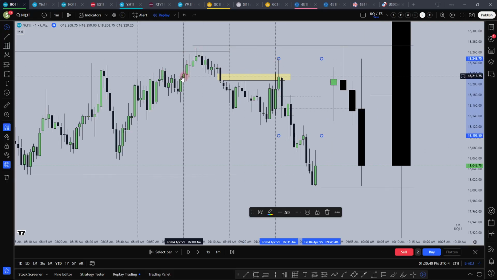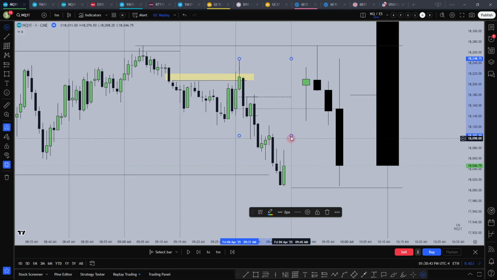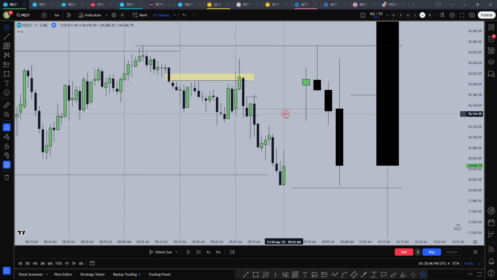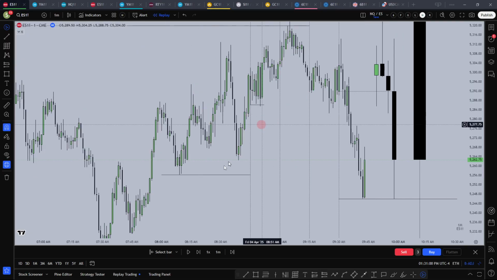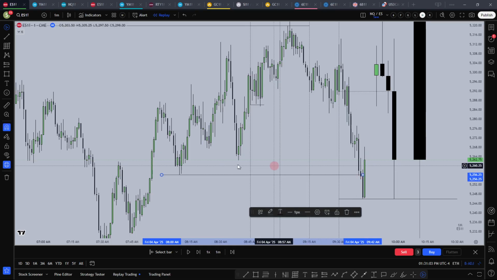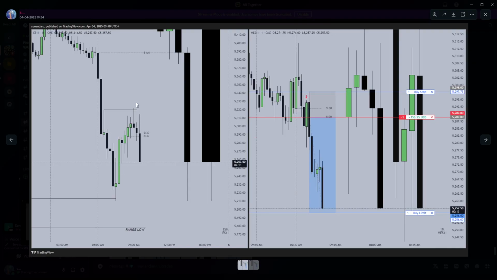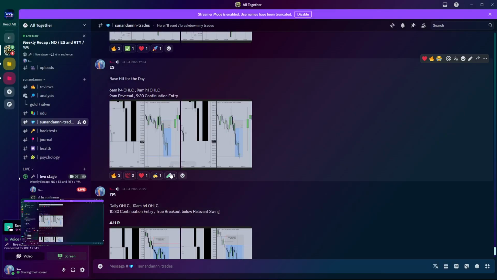because 9 a.m. is an expansion candle, so 9 a.m. should distribute. This was on ES, so this looked more protected just off this closure. So yes, another entry off this closure, SL here, and this kind of objective. That's why I especially wrote base hit for the day, not a home run type of scene. Home run would be holding it from here till here, just a quick high probable scalp type scene.